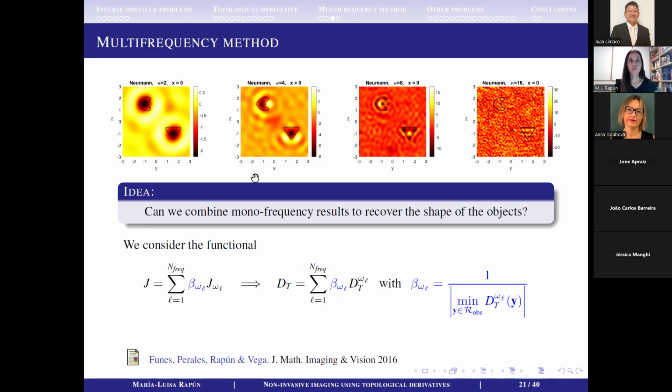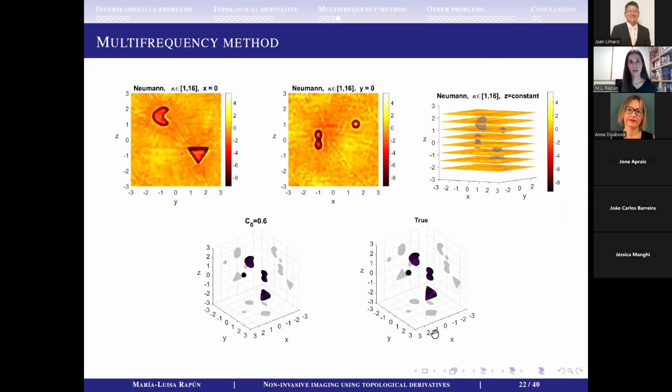And there are many different ways to define these weights. But one possibility, which is very simple, is just to look at the results. So if you look here, the largest negative value here for the small wave number is about -2, but here is -8, and here is -20. This means that if I just add the contributions, then I'm basically going to recover only information from the largest frequencies. So what we are going to do is just to normalize all the contributions to make all the frequencies equally important, just by dividing by the minimum. So making the minimum equal to -1, and then just adding the contributions. And what you can see in the next slide